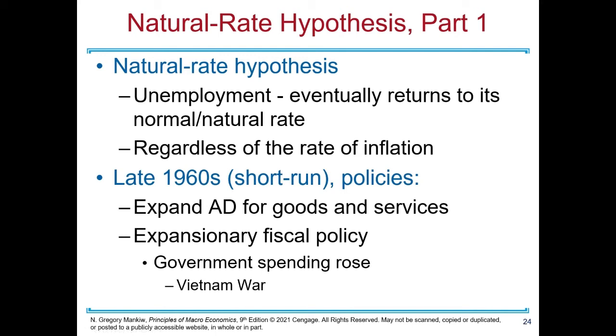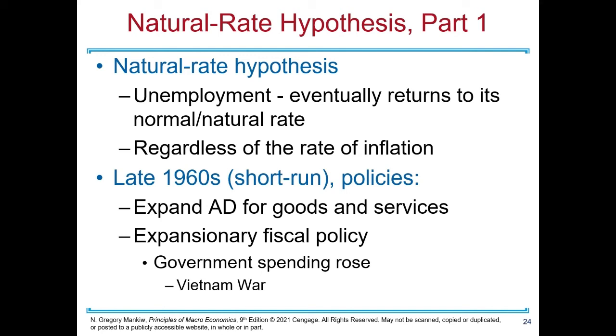Beginning in the late 1960s, there was a continually expanding AD for goods and services, aggregate demand. This was a result partly of the Vietnam War increasing fiscal spending, and partly of increasing monetary policy. The United States had continual aggregate demand shifts. But as Friedman and Phelps predicted, unemployment did not stay low. At first, the relationship seemed to be consistent with the Phillips curve, that the expansion of AD decreased unemployment, but